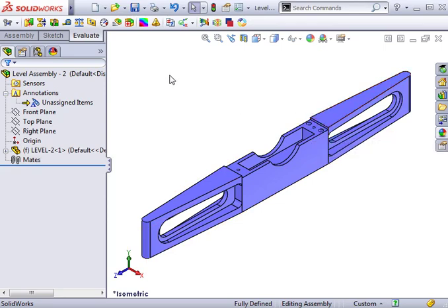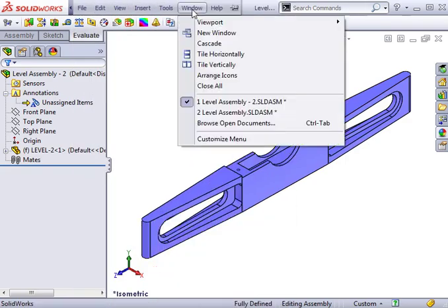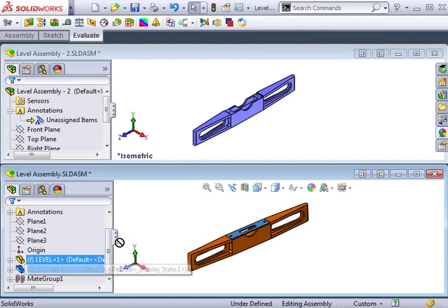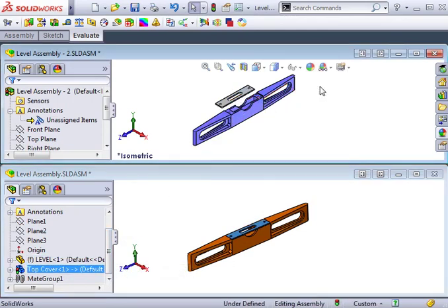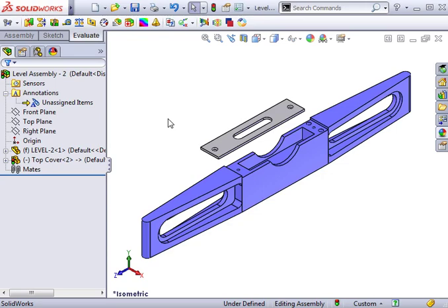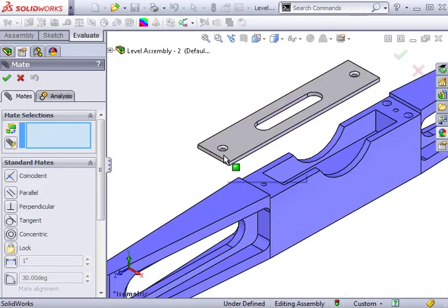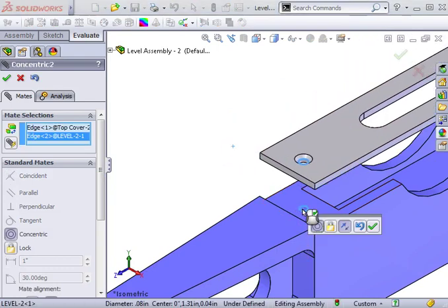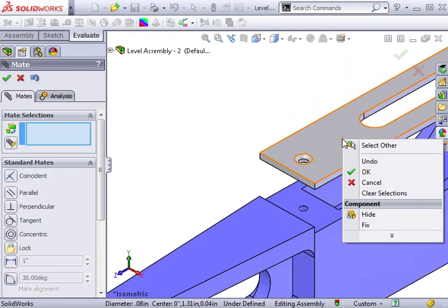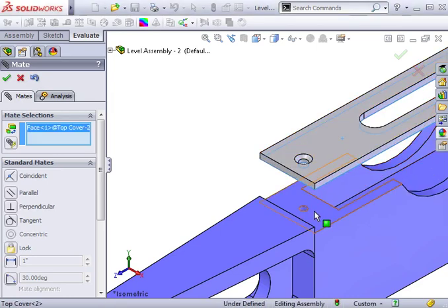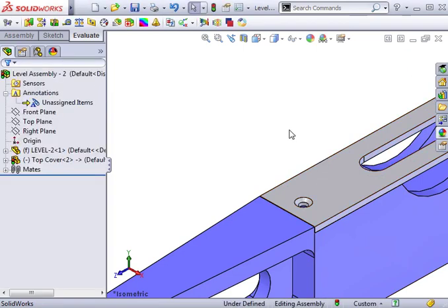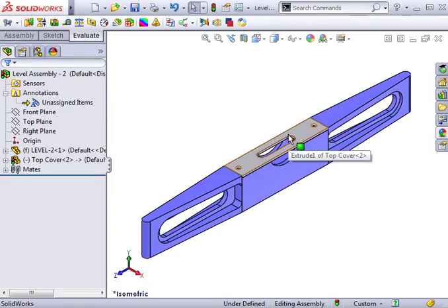What I'll do is tile my windows and add the top cover from my original assembly to this new assembly. I'll drag and drop the part in and add a few mates to position the cover. Now that the top cover is in place in this new assembly, I'll edit the part to create the two